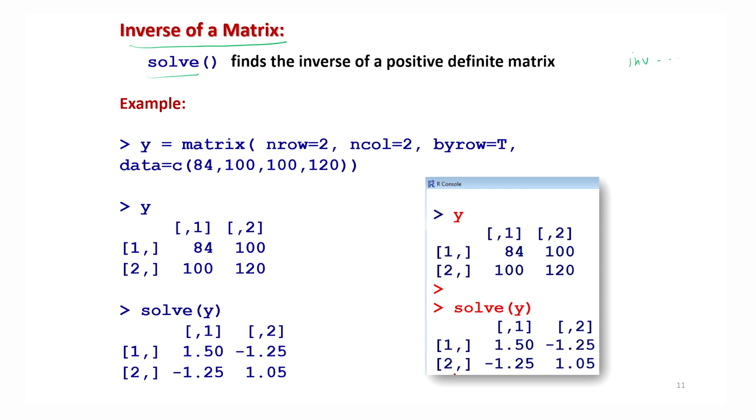And if you want to find the unique inverse of a matrix, then you have to use the command solve. All the basic rules for obtaining the inverse of a matrix have to be satisfied here, like the matrix has to be a square matrix or a positive definite matrix. Just for your information, if these conditions are not satisfied and a matrix is rectangular, then it is also possible to find an inverse, which is called a generalized inverse.